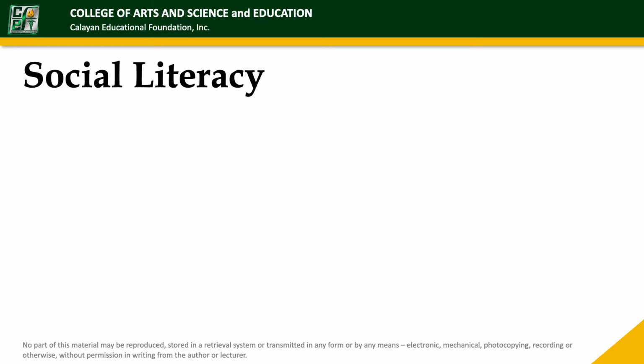So let us talk now about what is social literacy. As stated, it entails the development of social skills, knowledge, and positive human values toward desire and ability in human beings to act and react positively and responsibly in a wide range of complex social settings. So that means that part of social literacy development is the development of our social skills. Meaning those social skills that we need in order for us to interact with other people are all part